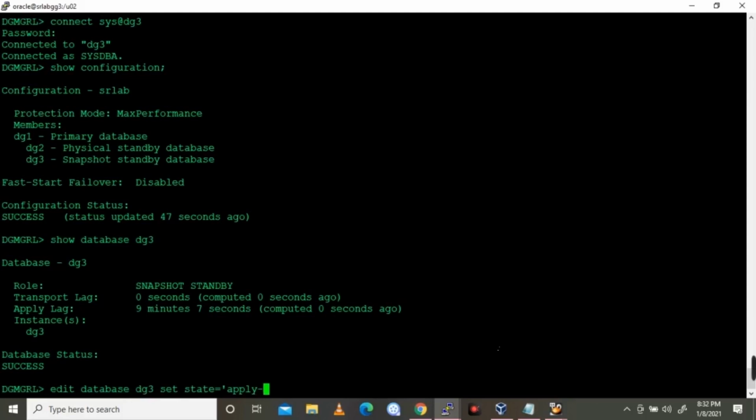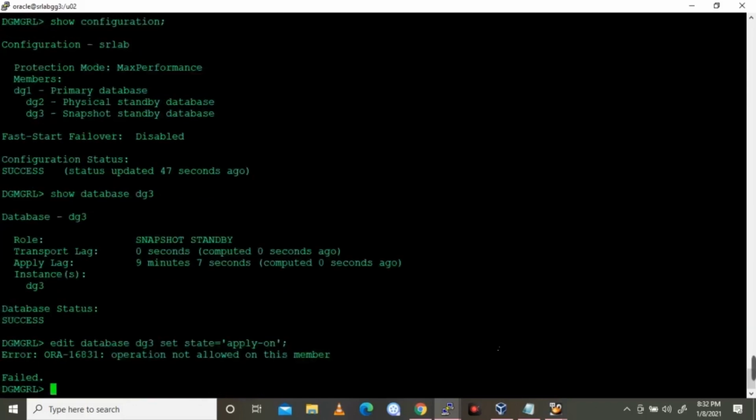I'm just checking to give you a demo of what will happen when executing this command, apply on. It won't work: operation not allowed on this member because it's in snapshot standby. Okay, what I'm going to do now is convert the snapshot standby to a physical standby database.